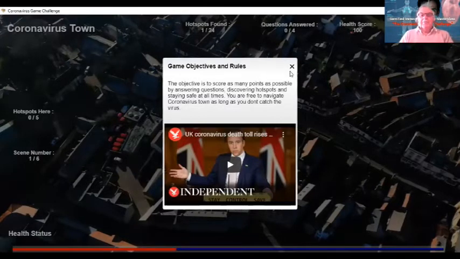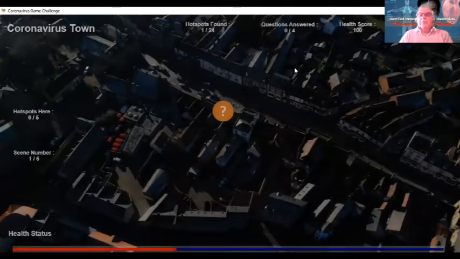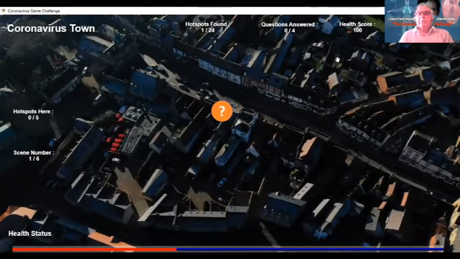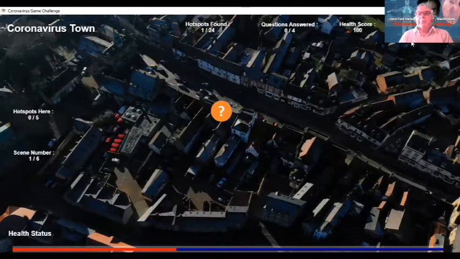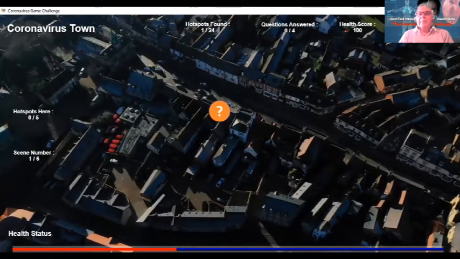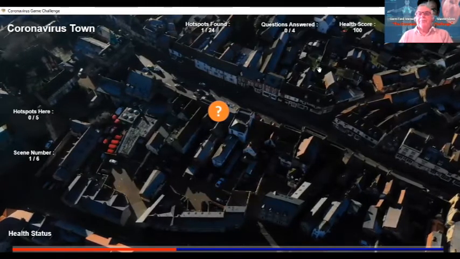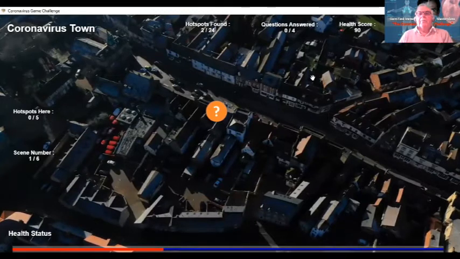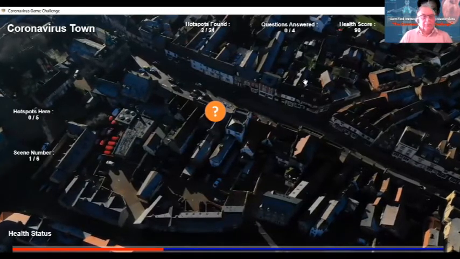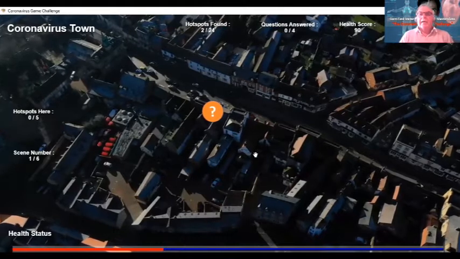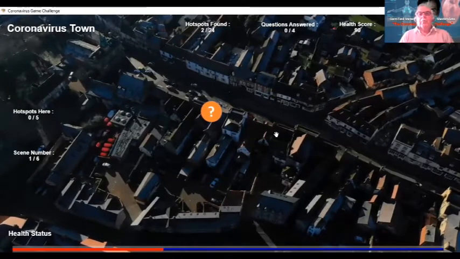Okay, so I'm going to close this down now. And in the top corner, I mentioned to you these measurement and feedback elements. You can see a time clock ticking away, and I've only got 3 minutes and 5 seconds left. And you'll notice that when I go below 3 minutes, my health status at the bottom, this red bar, has dropped by 10 points already.